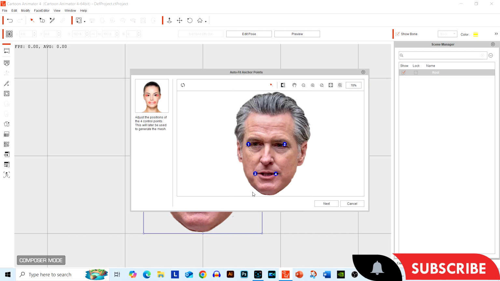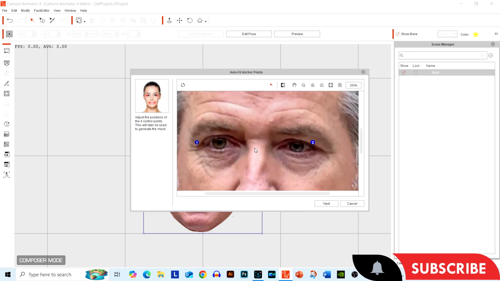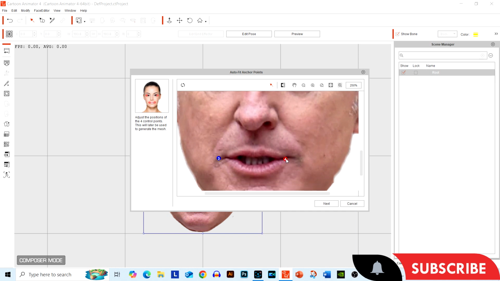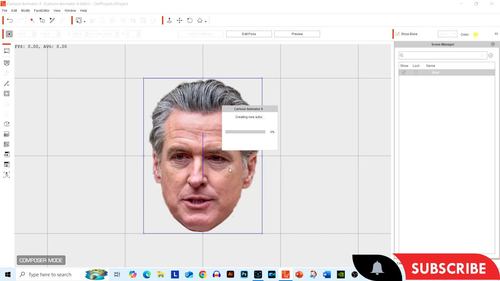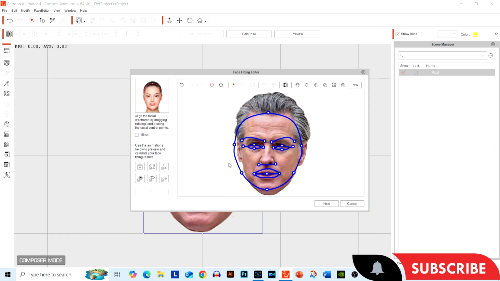Looks good. Click next, and I'm just going to zoom in using my mouse wheel, and we're just going to put these on the corner of his eyes and do the same on the mouth. So we just click and drag and continue moving our stuff around. Looks good. Scroll out like this. Everything looks fine. We go to next. Now we need to start paying attention to detail. We have the face here.